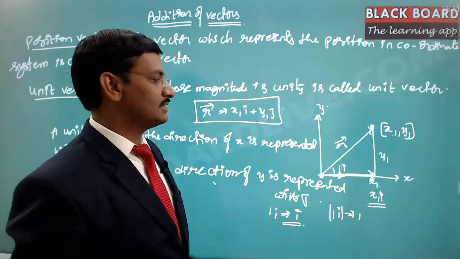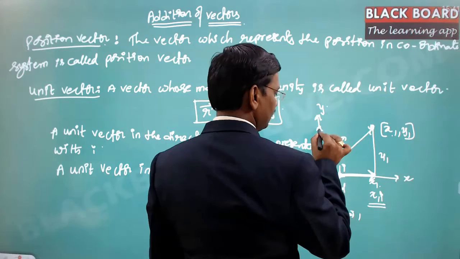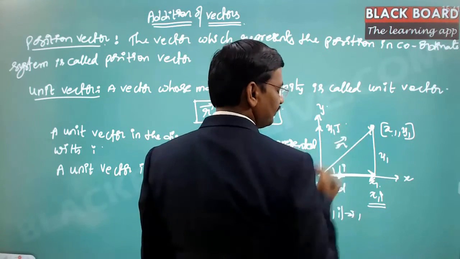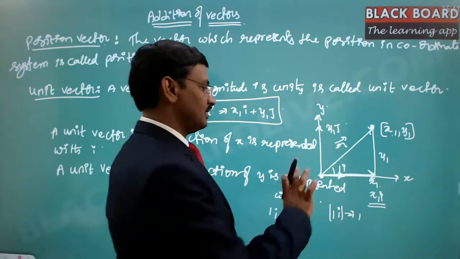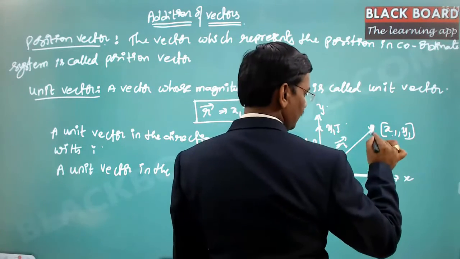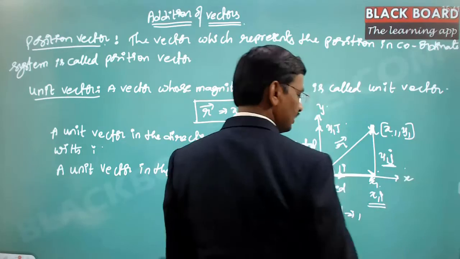Now exactly in the same manner, this is actually a vector, if you write it in this manner, and this is y1 into j. Any vector you can always write in the parallel form. That is, this vector can even be replaced at this particular location and still you can count it. So this is y1 into j, and this is another vector.